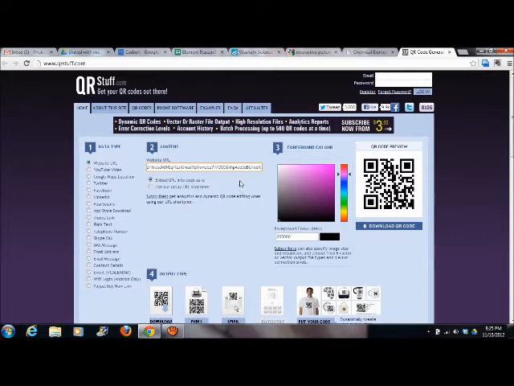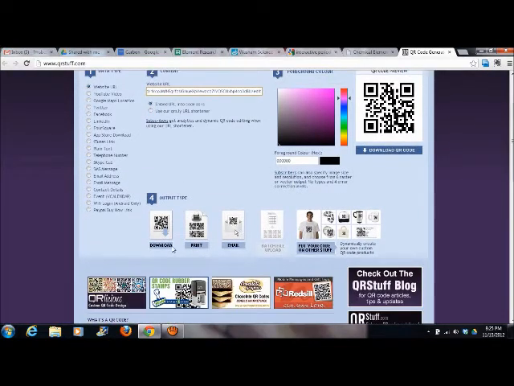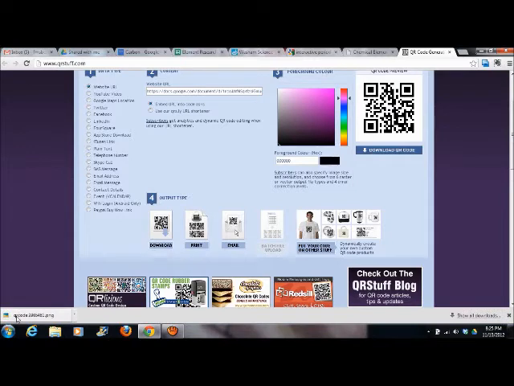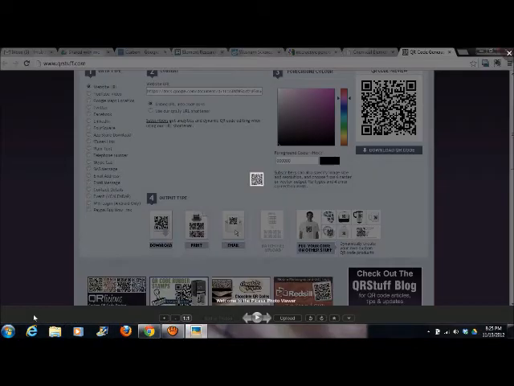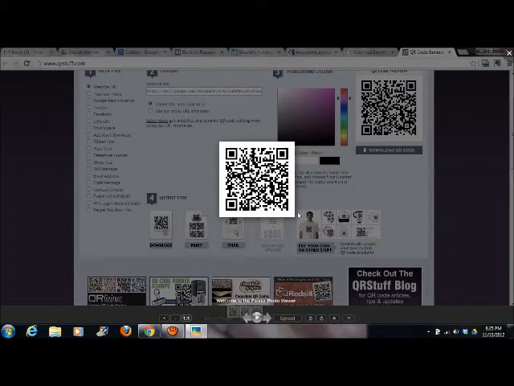Right-click, Paste. Once you have it in, you're going to click the Download button. When you click Download, at the bottom of your screen you will see the QR code is downloading. It gives you a free preview on the side. What you need to do is click on the downloaded portion, and it shows you what your QR code will